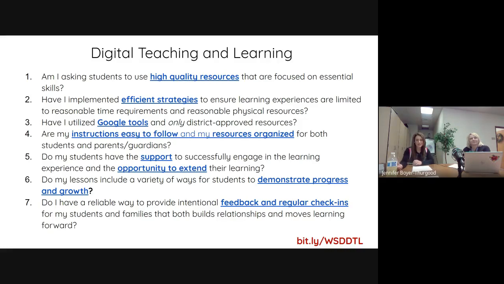So those two terms in there that are probably the most important are high quality and then essential skills. We are just so grateful that we have narrowed that down to essential skills so that we just have those important things that we're focusing on and not having to worry about a ton of things during this time.